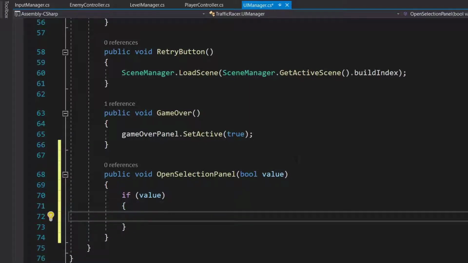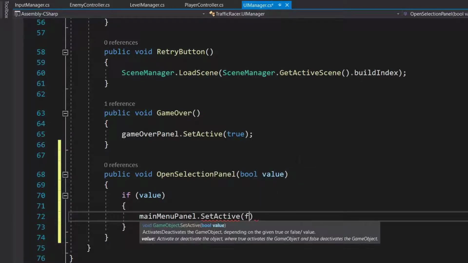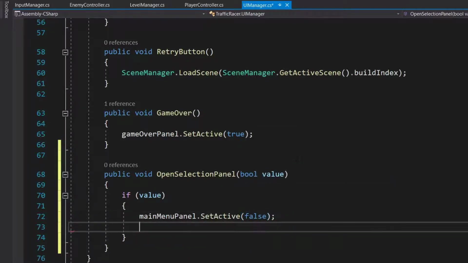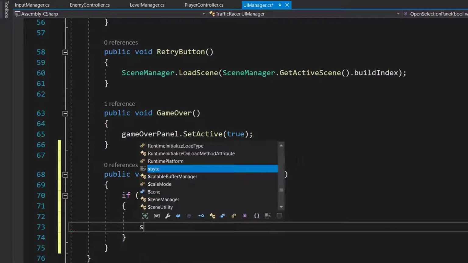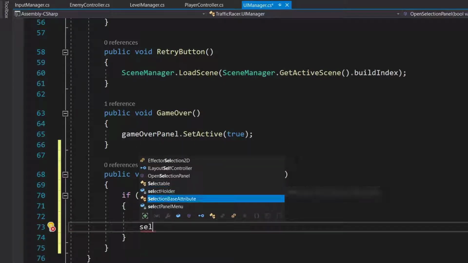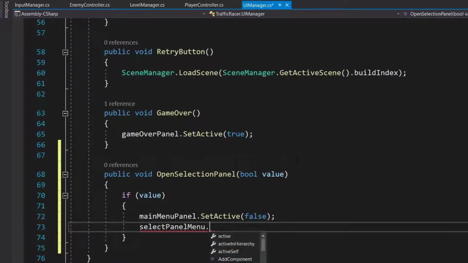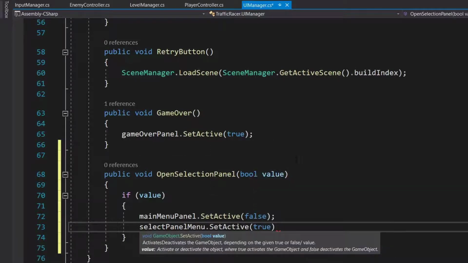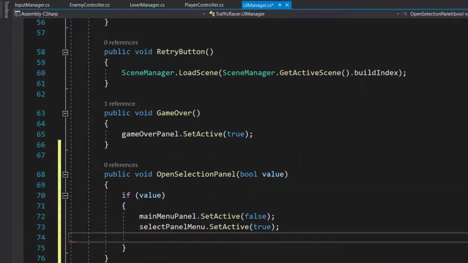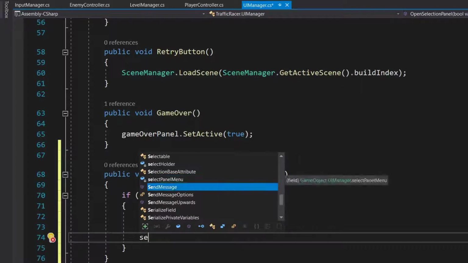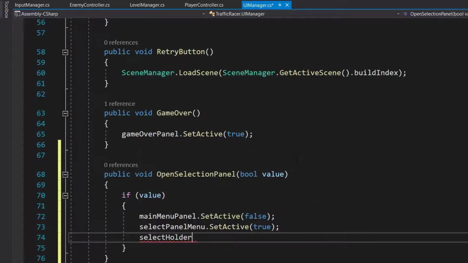If it is, then we set our main menu panel SetActive to false. Then we set our selection panel menu SetActive to true. Then we activate our select holder SetActive to true.